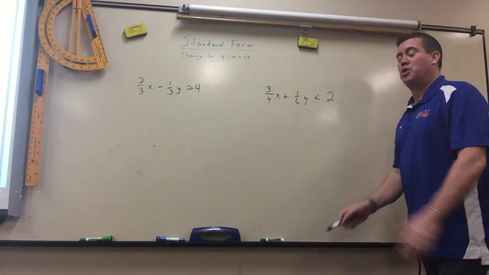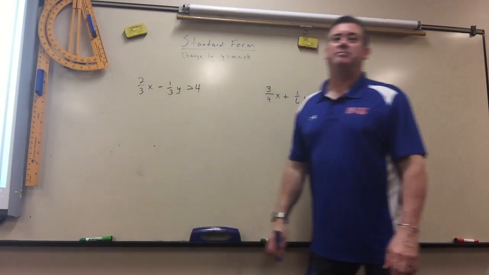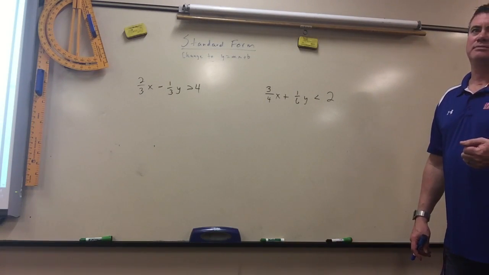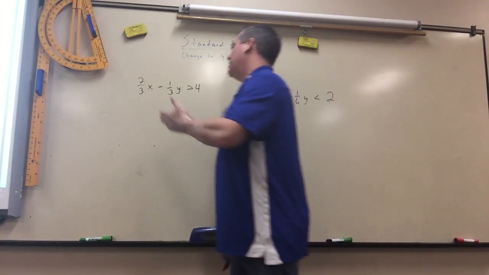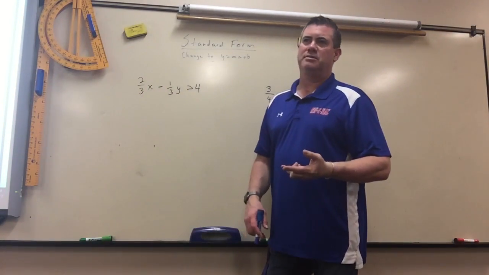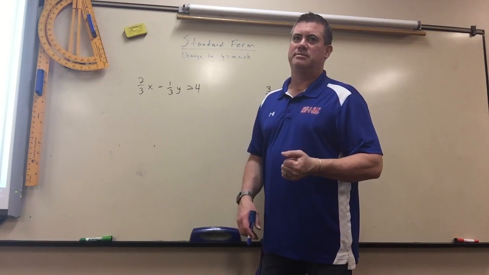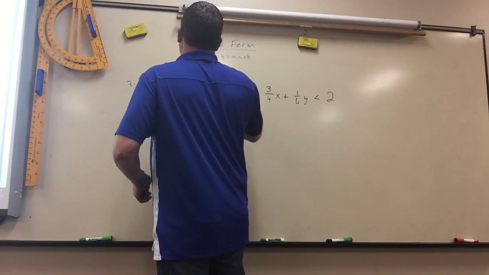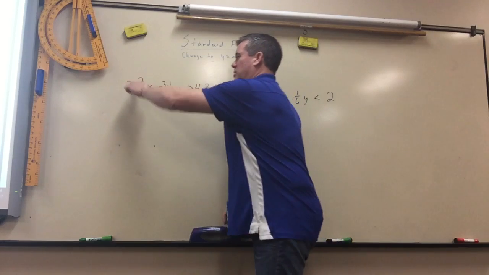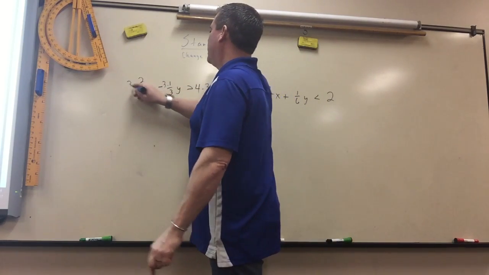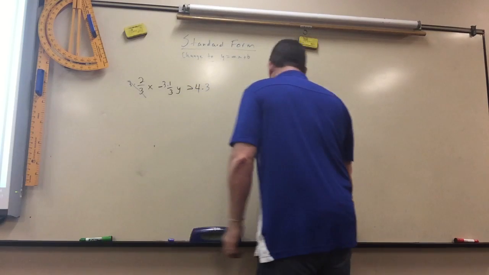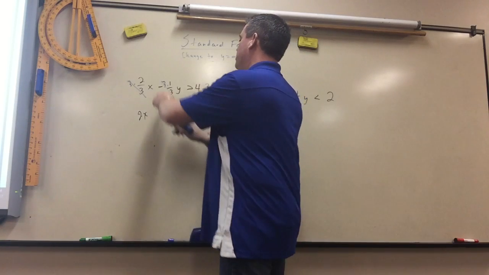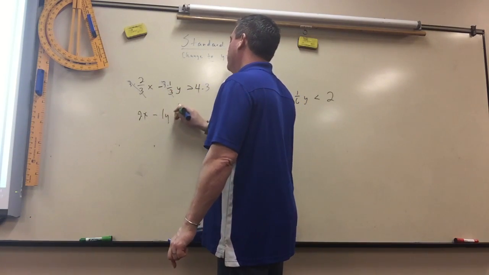Okay, so on these, when you have fractions in them, what you could do right away is get rid of the fractions. What could I do to this to get rid of the bottom numbers? Times by 3. Take everything times 3. And why did you pick 3? The denominator. Because if you take 3 times 2/3, that just cancels, leaves you with 2x. Here, 3 times 1/3, the 3's cancel, leaves you with negative 1y is greater than,